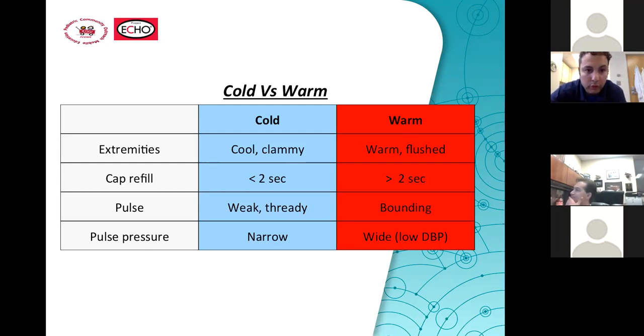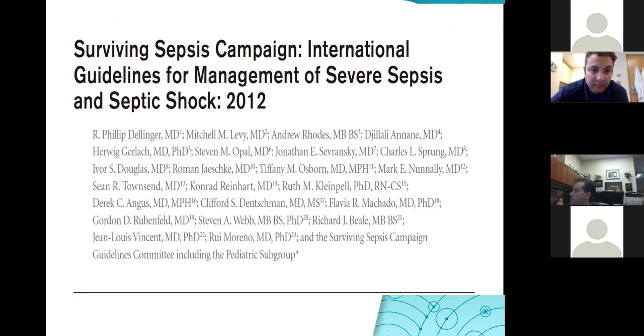And we'll move forward here a little bit with more algorithm treatment. So what have we done so far in treatment? I put up two very well recognized adult guidelines. This is the Surviving Sepsis Campaign from 2012. It is adult. Going back to my patient, 2016, you may choose as an ER provider to have a child who's 65 kilos treated under this guideline.